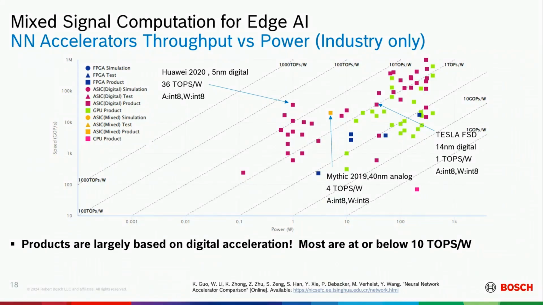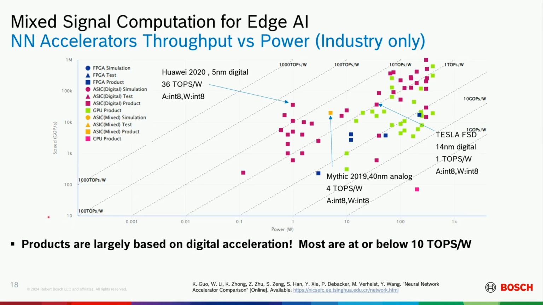All right, so I like this plot a lot. I don't know if anyone in the community here has seen this, but this has come from Tsinghua University, and it's a plot of throughput versus power for neural network accelerators. It's an interactive plot. You can sort it by industry and by computational precision, all different kinds of things. So it's kind of fun to look at. I guess you're getting these slides afterwards, or you can just drop me a line, I can give you this link. But on this plot are basically lines of constant efficiency.